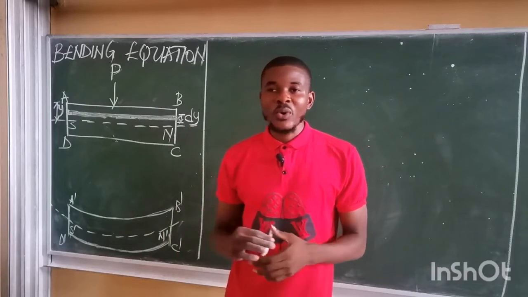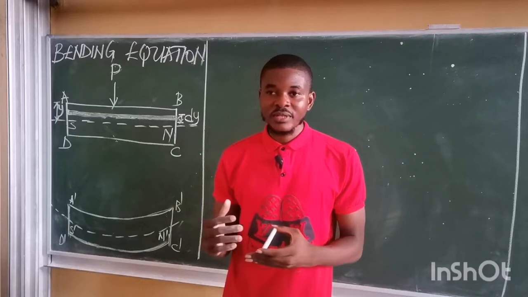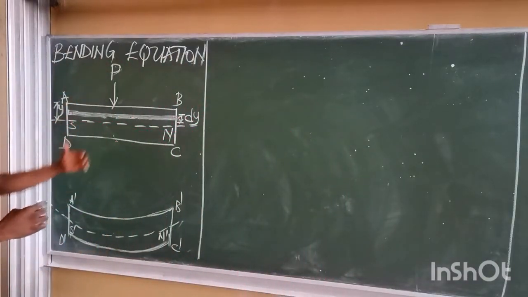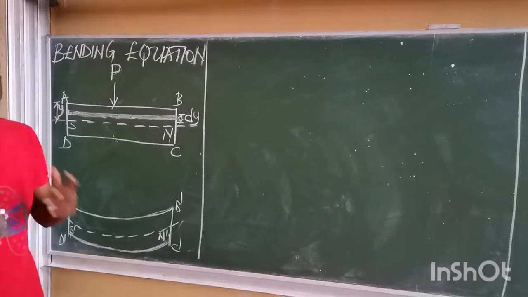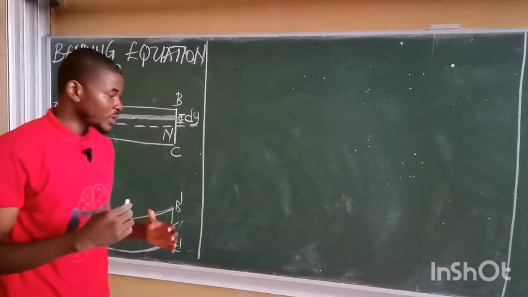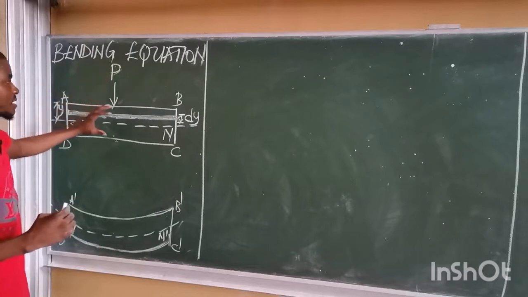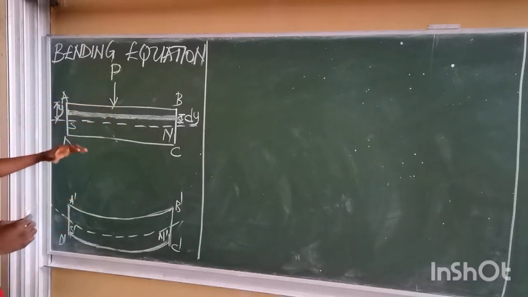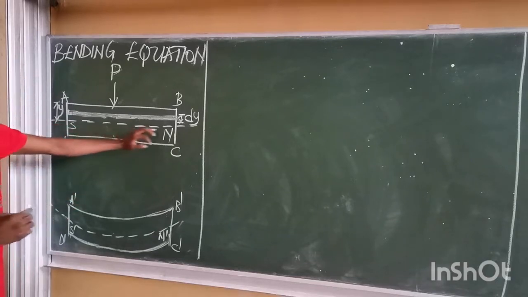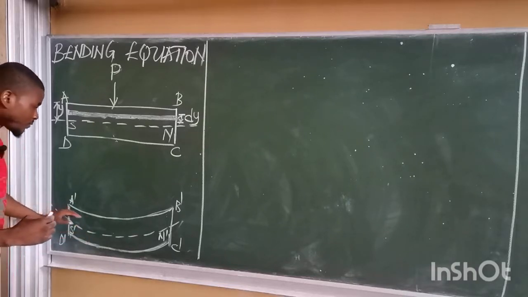Now, as we all know, whenever any material, or let's say a beam, is subjected to load, as can be seen on the board, there is a high possibility of what? Deflection or bend. That bend gives rise to what is called an arc, okay, as can be seen. So this load is applied on this beam, and due to this load there is now a deflection about the neutral axis, simply causing the beam to form an arc